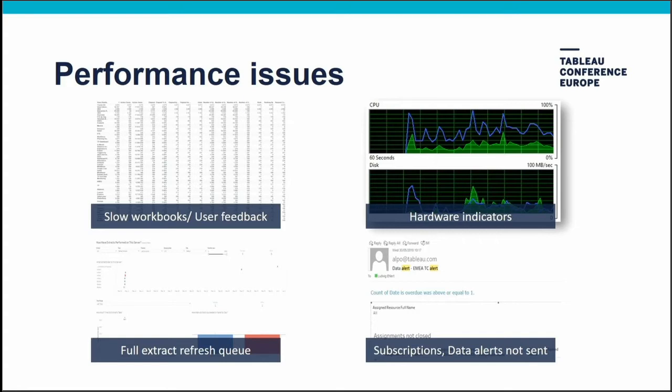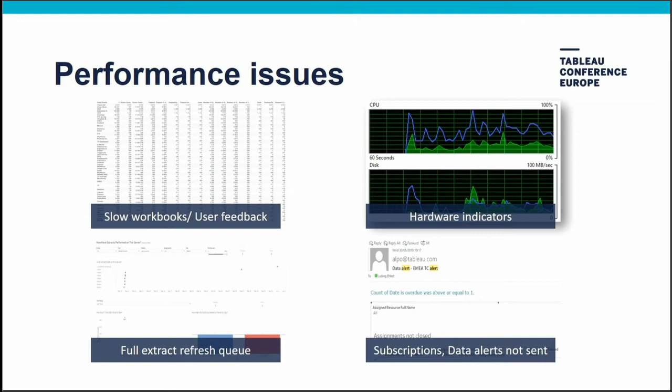And they're coming to you and saying, yeah, Workbook is slow, it doesn't load, it takes forever, it's a problem of the server. You're doing something wrong. Please upgrade, please be faster, put in more hardware, etc. The second one, which is for all the server admins, the more reliable source of performance issues, eventually, is your hardware